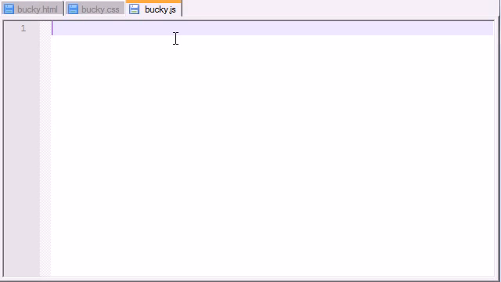So what I want to do first is build a function, like we did last time, that occurs right when the window, or in other words the web page, is done loading. So I'm going to put window.addEventListener,